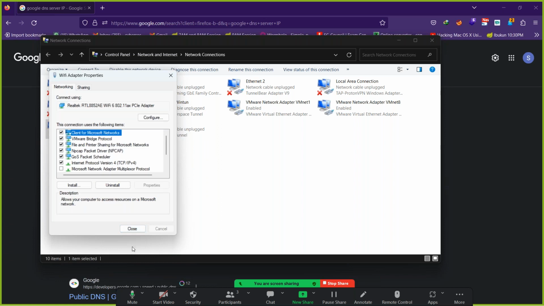Now since I'm changing the IP address, guys, our network connection will disconnect for a bit. Don't worry about this. Our meeting will get disconnected for a bit and you will rejoin automatically. Don't worry, but let me show you the changed IP address after we connect back. So as soon as I click on